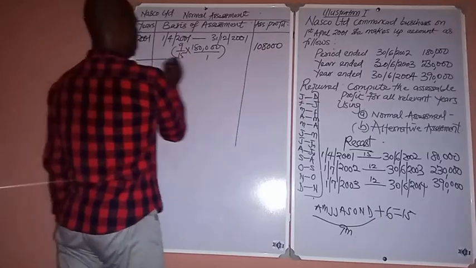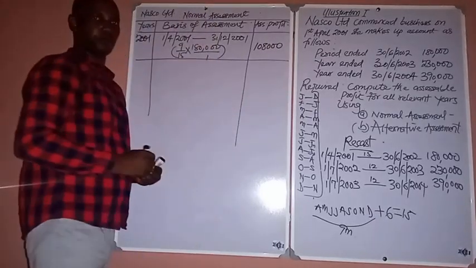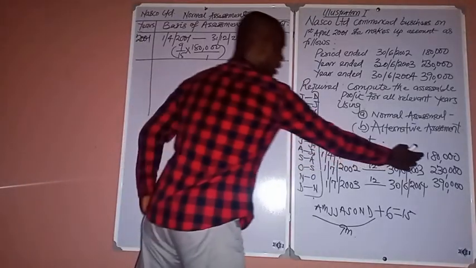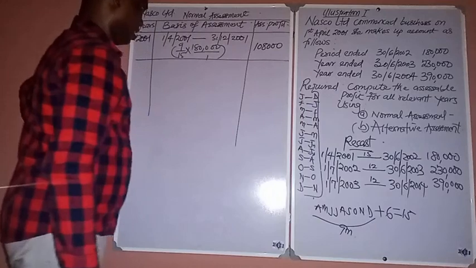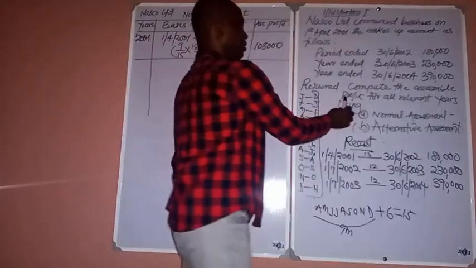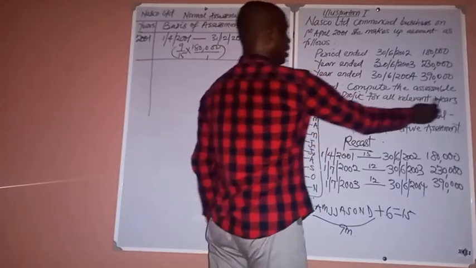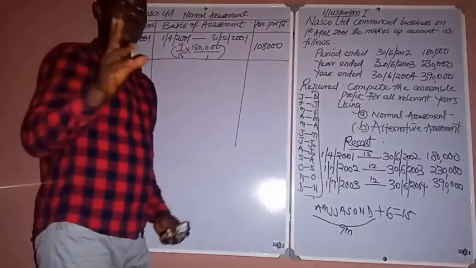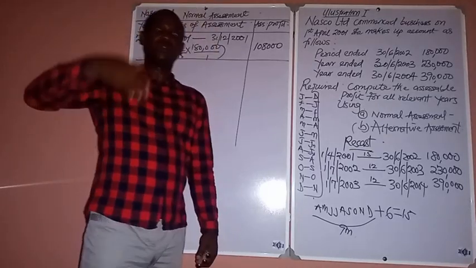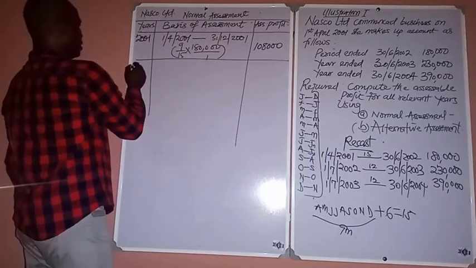108,000. So this is the first year assessable profit: 108,000 out of 180,000. Then we go to the second year. Remember that the question says we should compute the assessable profit for all relevant years. We have done year 1, we still need 2 years, because the relevant years are year 1, year 2, and year 3. So let's go to 2001,